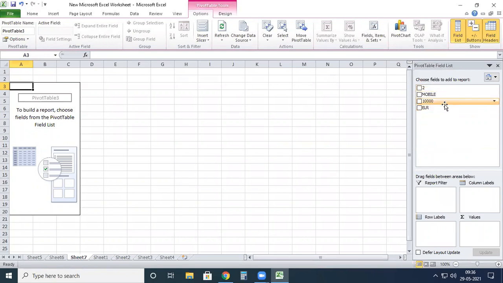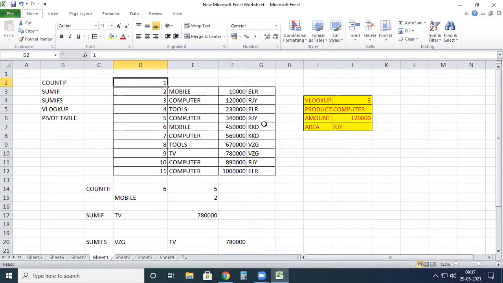So what is the product number and what is the mobile? What is the product? What is the particular amount and what is the area? Okay, for example, here we are considering it like that. But in the actual sheet, we have not mentioned these values. Am I right or not? So for example, this is the serial number or product number. So what is this product? What is this amount? What is this area? For example, we are considering like this.